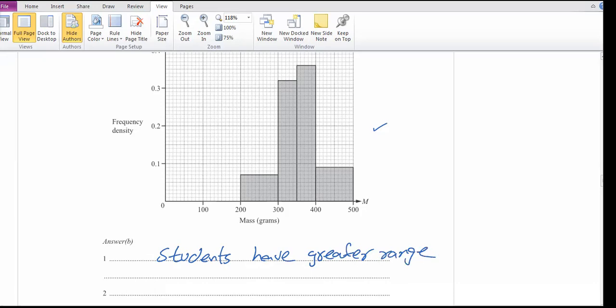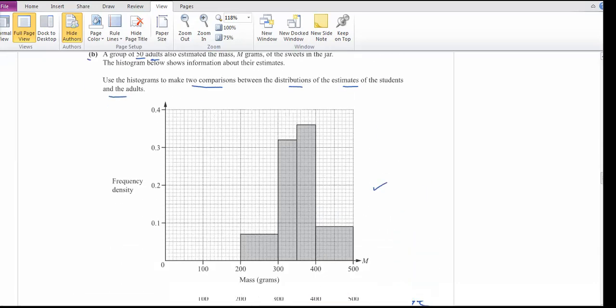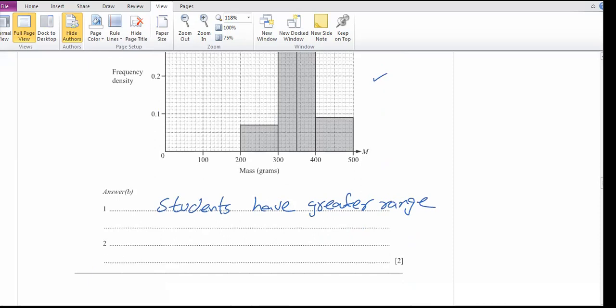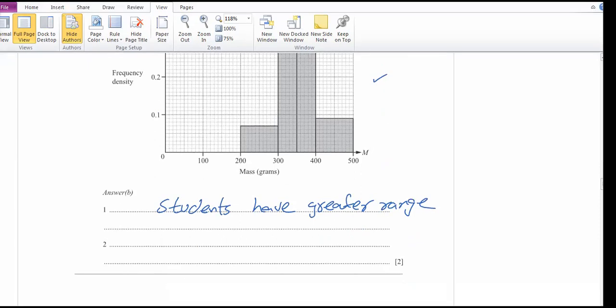This is one comparison. The second thing, because we have to make two comparisons, here is given the second comparison. For the second comparison, once again, if you look at the adults, they actually estimated more masses. On average, their mass is more. Why on average is their mass more? Because their range is less. They are starting from 200 till 500. So the average mass of adults is more. While students started from 0 till 500. So their average of course will be less. Their range is more, so their average will be less.